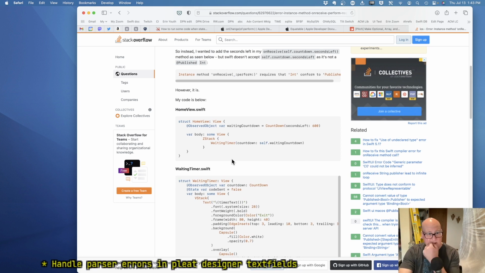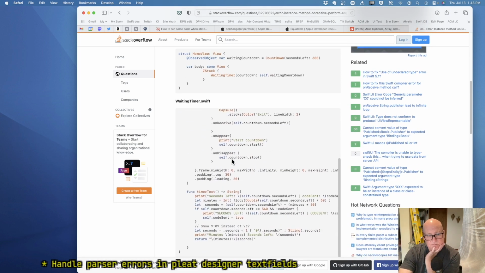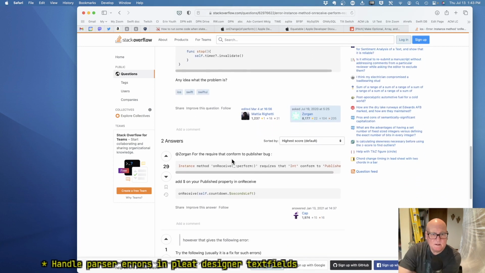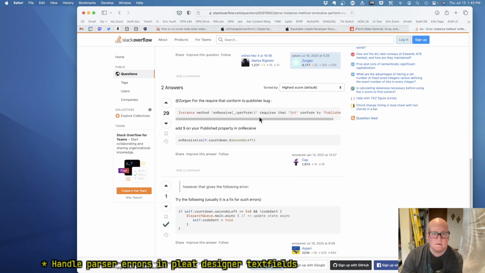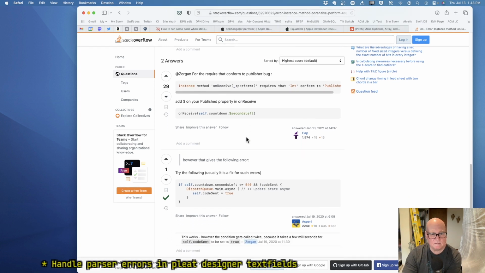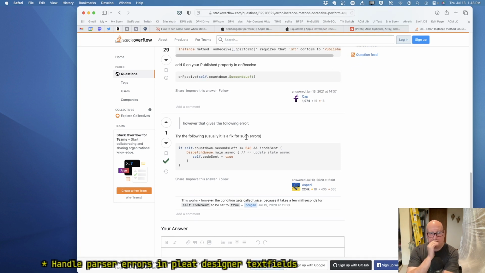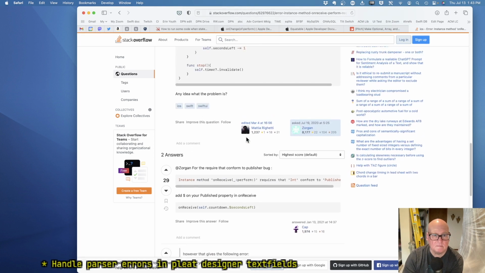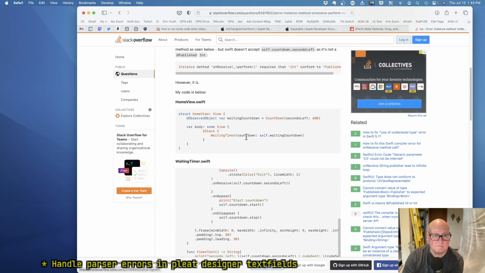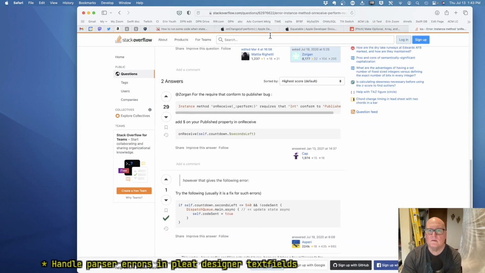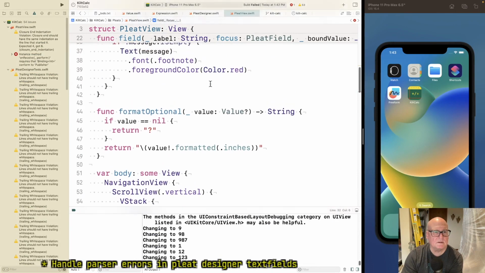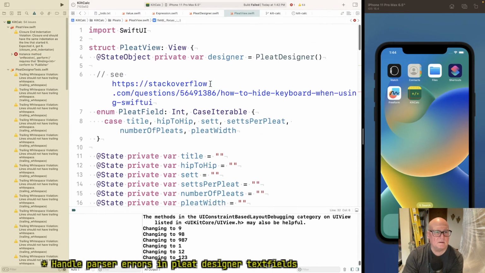Oh, do I have to say published? I didn't think you had to. Add dollar on your published property and on receive. Well, my state is local, isn't it? Or is it?